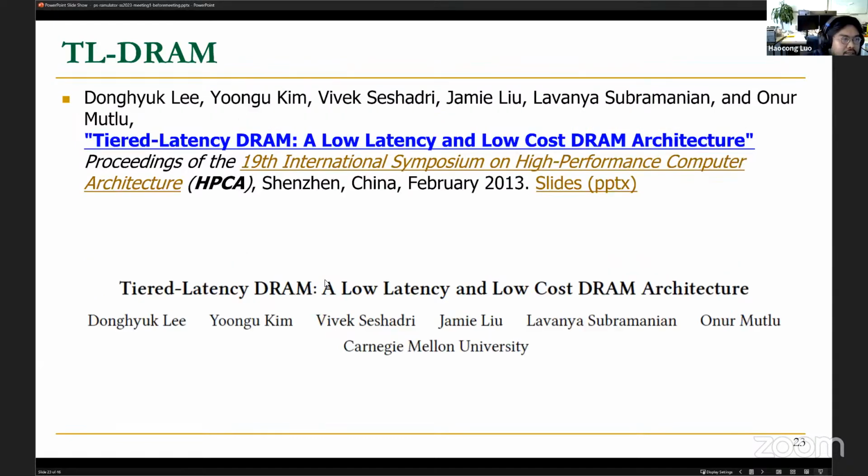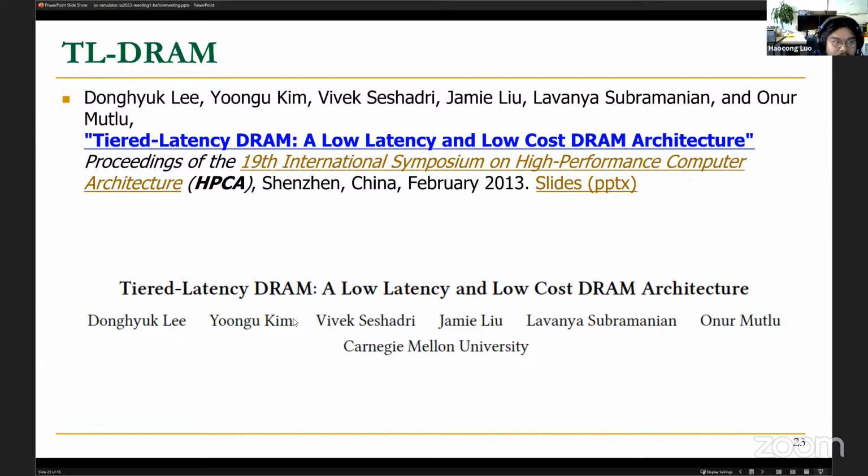We have tiered latency DRAM, TL-DRAM, which puts an isolation transistor in the middle of the bit line in a bank to divide a subarray into a near segment, where the access can be faster because of the shorter bit line, or a far segment,